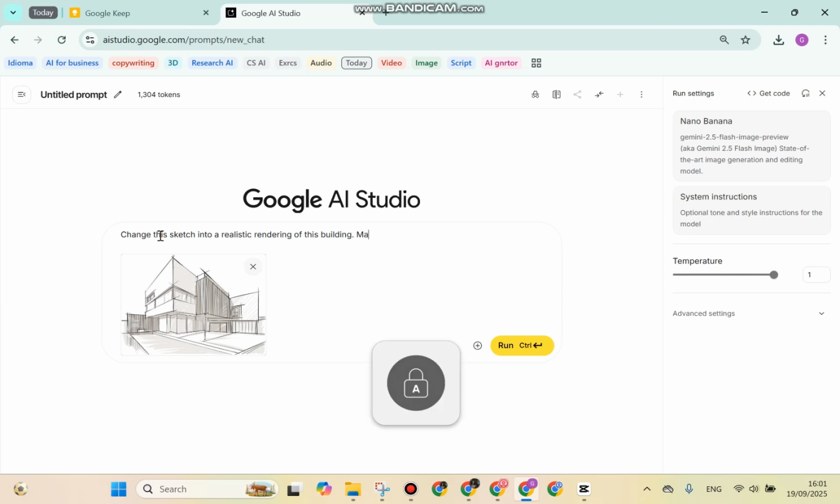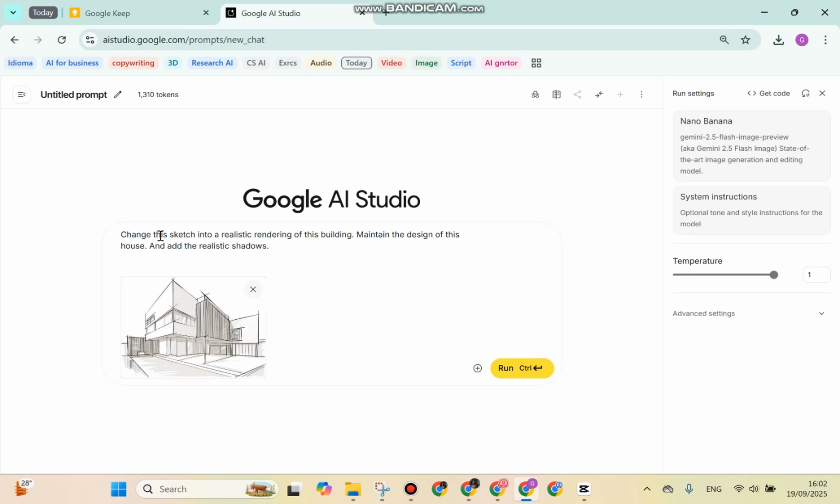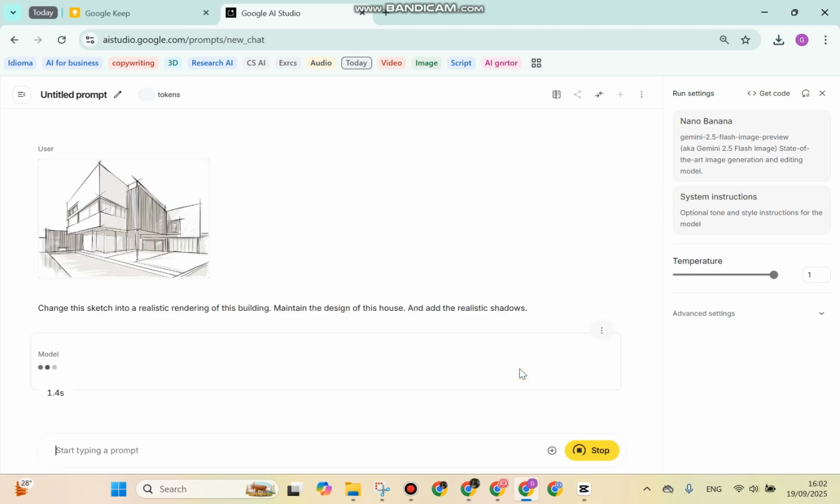And I want this Nano Banana to maintain the design of this house and add realistic shadows, for example, and enter, and let this Nano Banana generate this sketch into